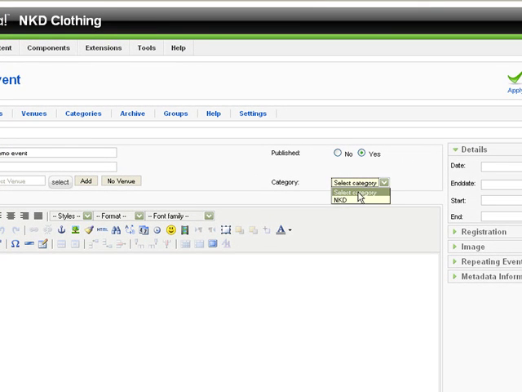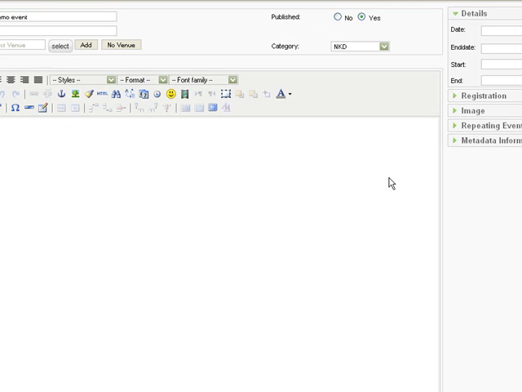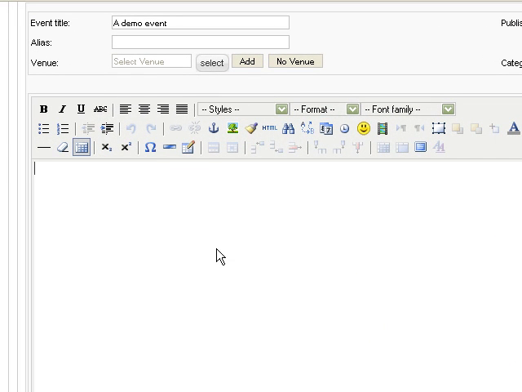Go ahead and select a category. Right now there's only NKD. We might add some new categories later if we happen to need new categories for certain events. This is the description box. Just like adding an article, you can type all your description here